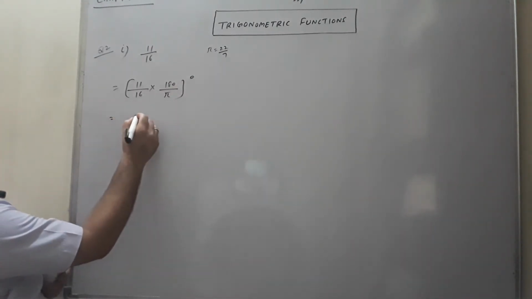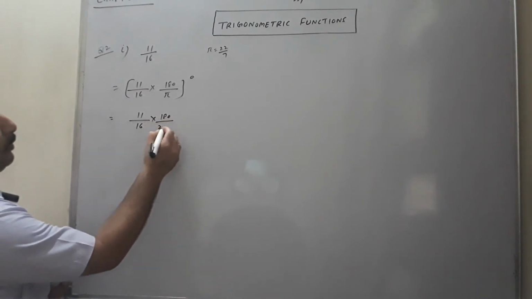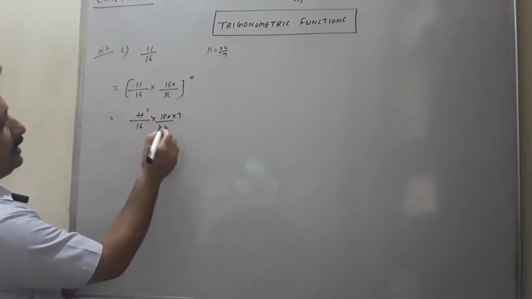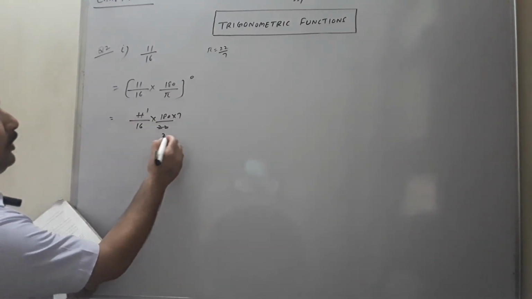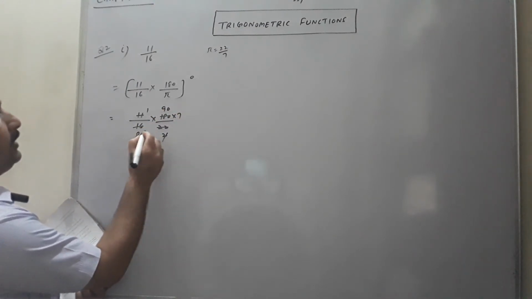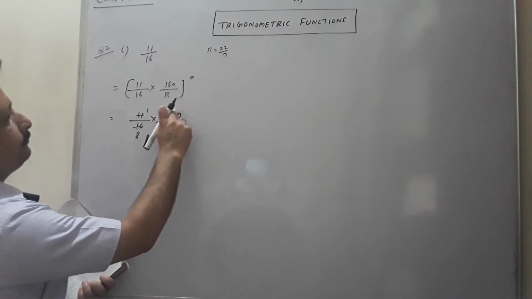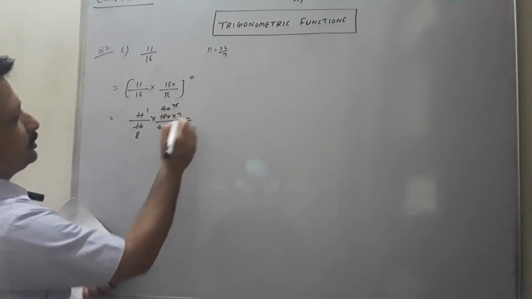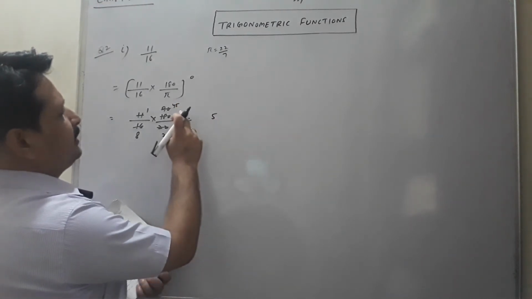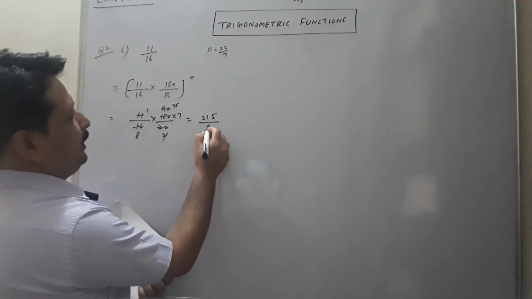Because here the value of pi is given, it is 11 by 16 into 180 upon 22 into 7. So we can cancel it, students. 11 1 is 11, 11 2s are 22. With the 2 here it is 90. With the 2 here it is 8. There is 35, 45. So let us multiply. 7 5s are 35. 3 is there. 7 4s are 28 plus 3, that is 31 upon 8.